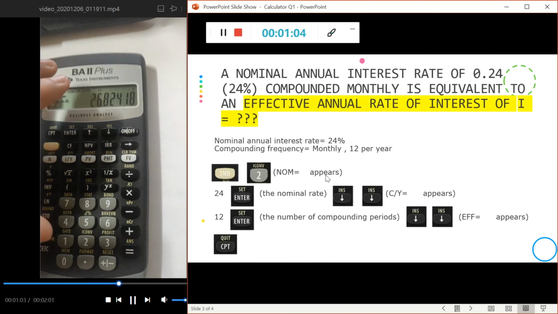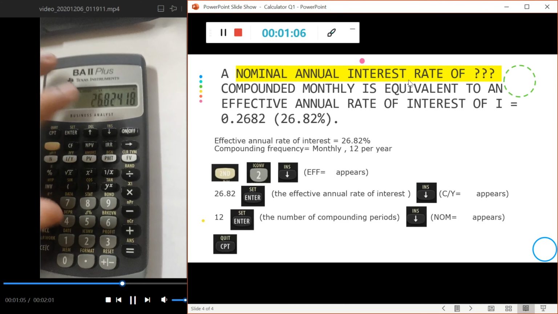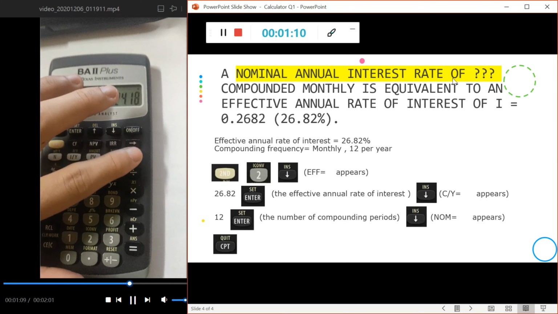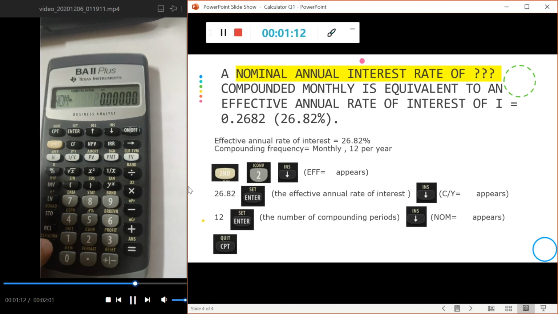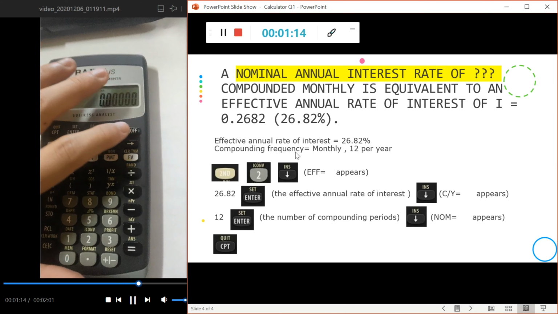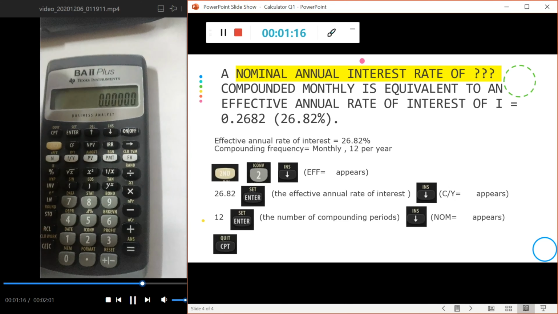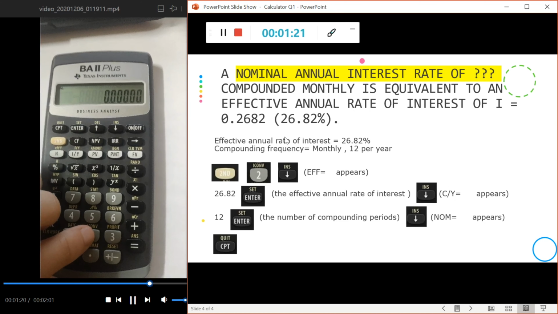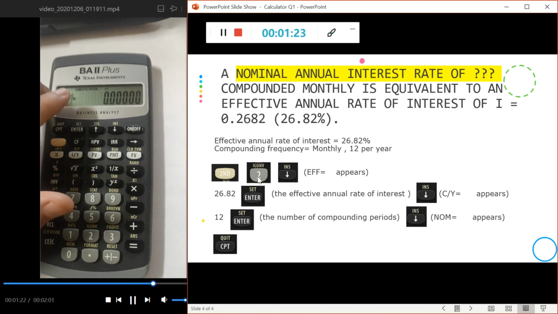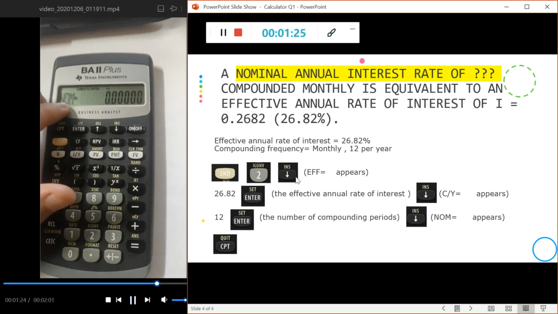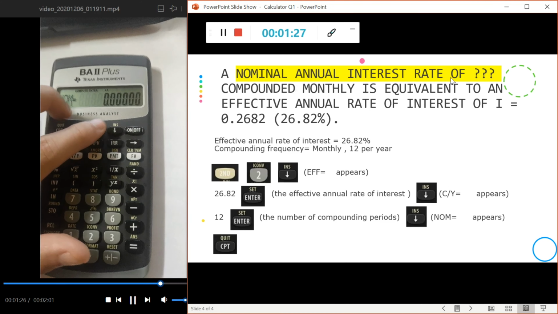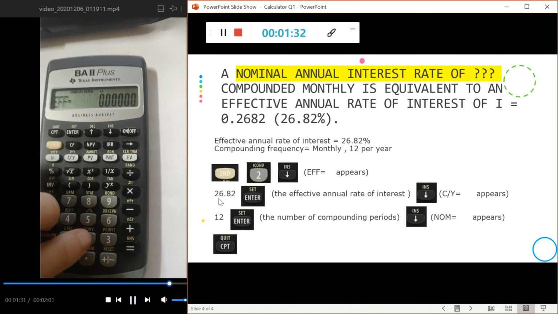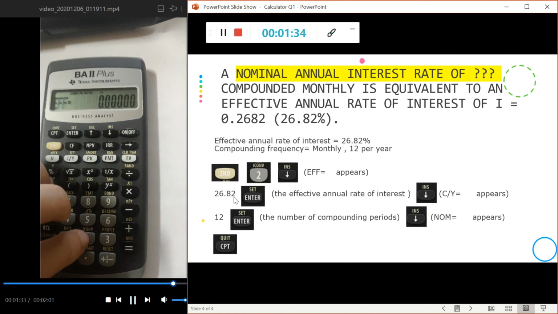So how about we assume that we don't know the nominal annual interest rate. Okay, let me press second clear TVM and second clear work to clear things first. Okay, and then we start again. Second ICONV. Okay, now we don't know the nominal annual interest rate, so we go down, EFF appears. We know the EFF, so